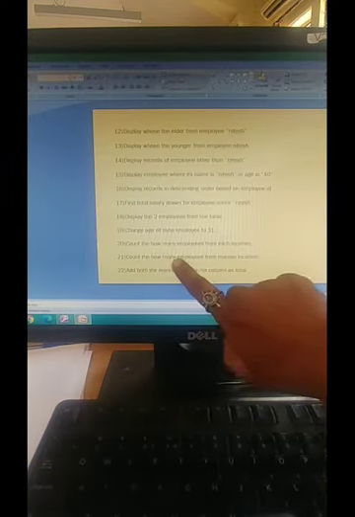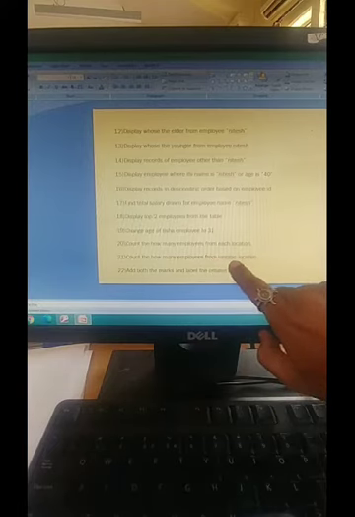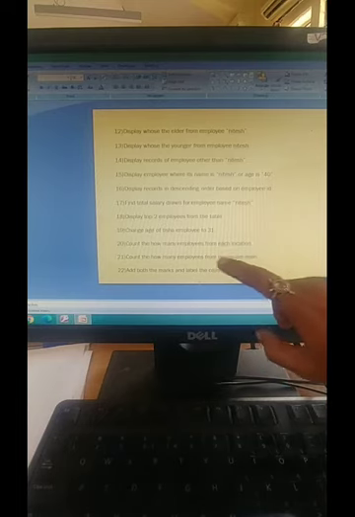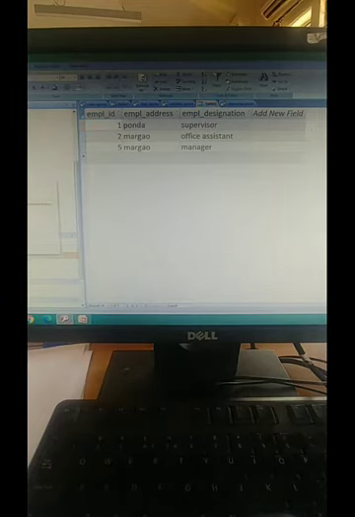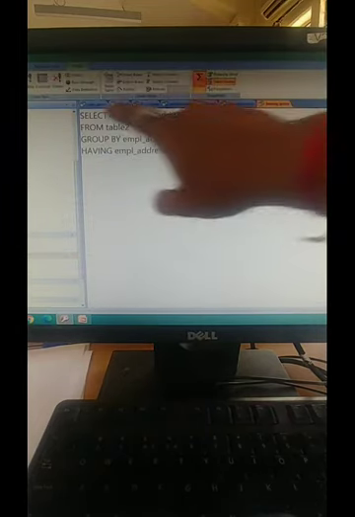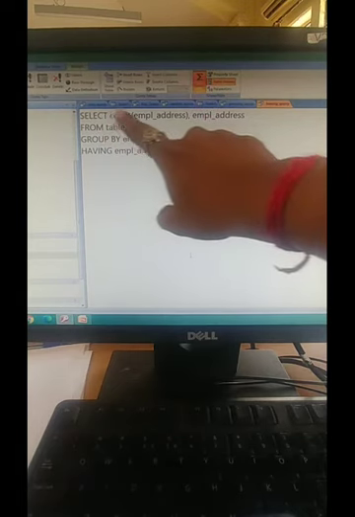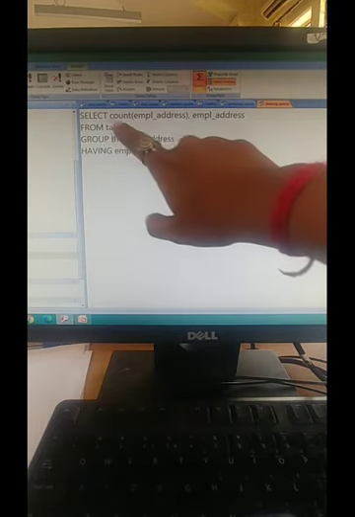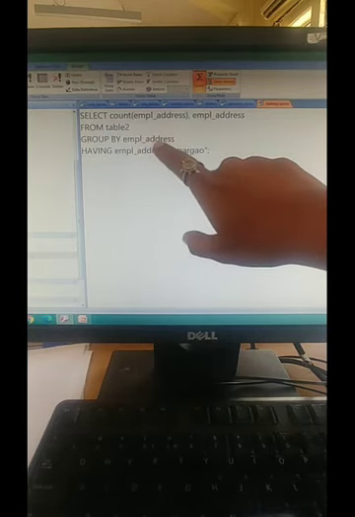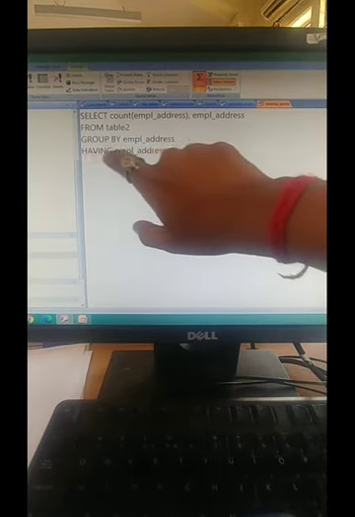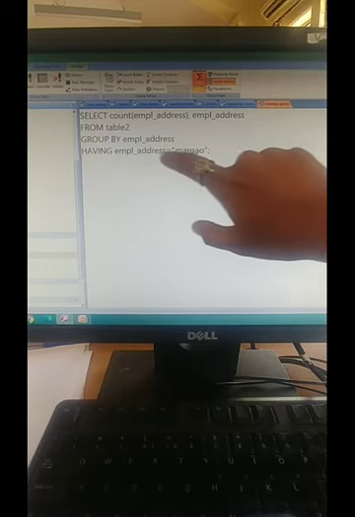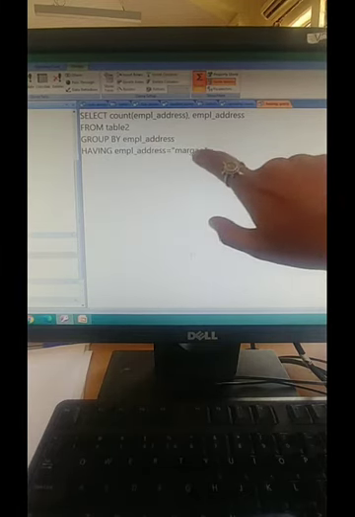count how many employees are from Margao location. Now I have to find from a particular location, the location name given is Margao. From Margao how many employees are there. So how to write this query? See, it is like the previous one. Select count employee address from table 2, group by employee address. Now to specify the condition Margao, for this I am using having. Having keyword, and give the employee address column name equals to Margao.